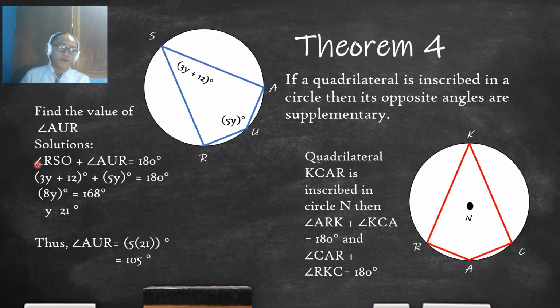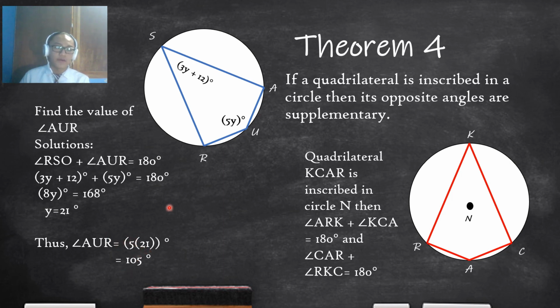And now for our y's, we'll be adding 3y plus 5y equals 8y. And then 180 minus 12, which leaves us 168 degrees. And here on our 8y and 168 degrees, we will divide them and we will get the y of 21 degrees. And thus our angle AUR will be